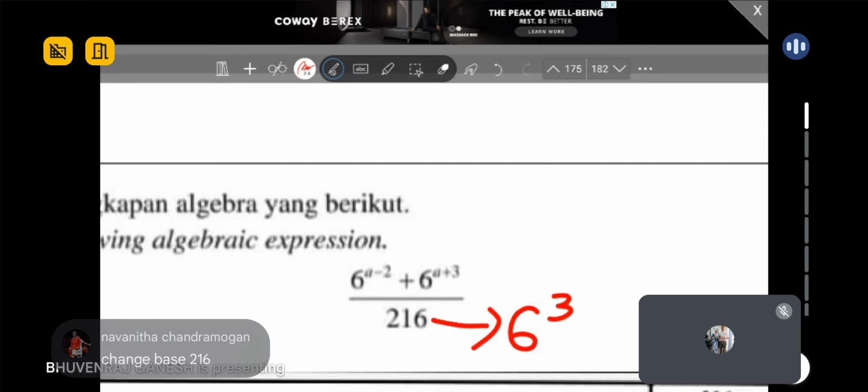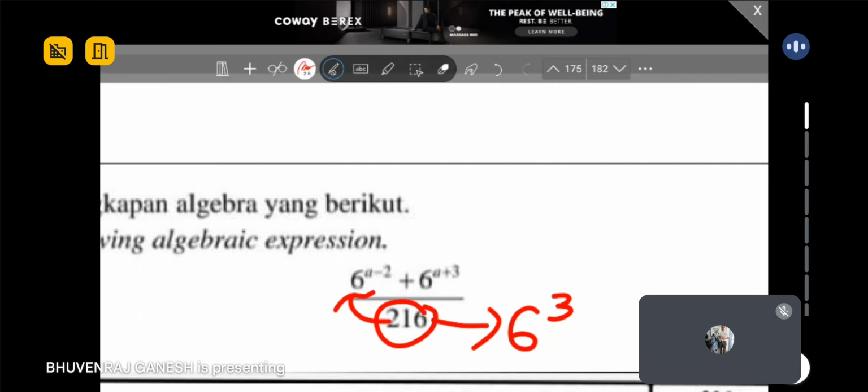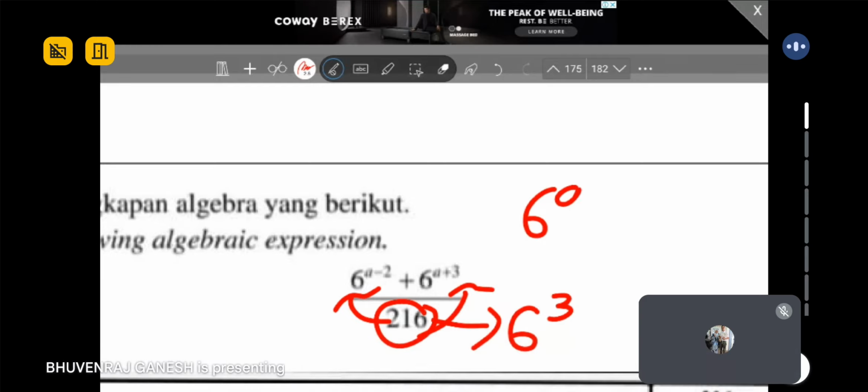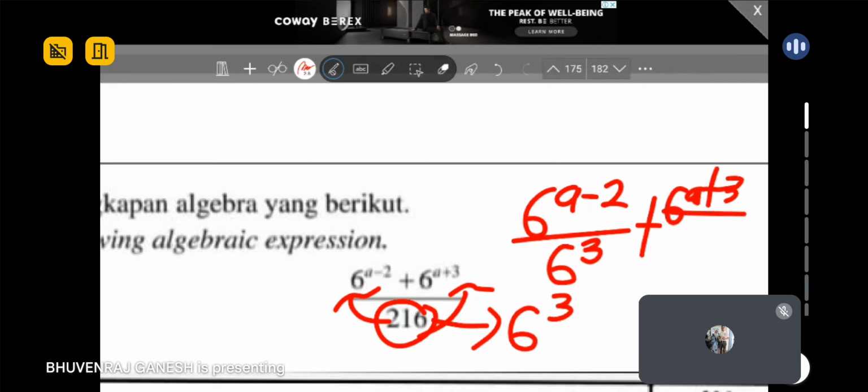So now what must we modify over here? One concept you can think of is you can split. Kamu boleh pisahkan, guys. 216 you split to this one and this one. Am I right? So you will get like this: over 6 power 3 plus 6a plus 3 over 6